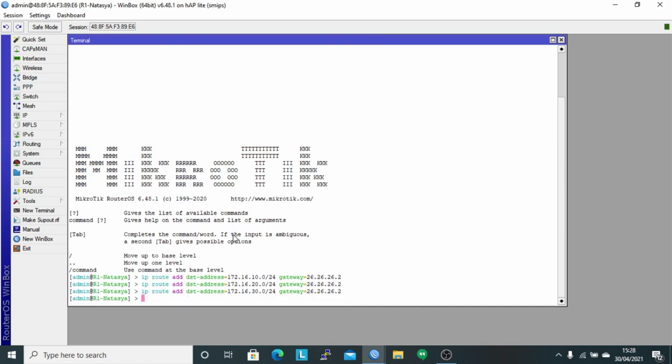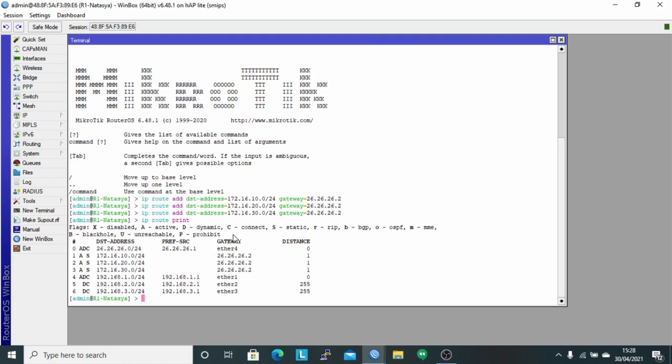And next, check using the command ip route print. If there is already an IP route with the AS flag, or active static, it indicates that the route on router 1 is active and created statically.